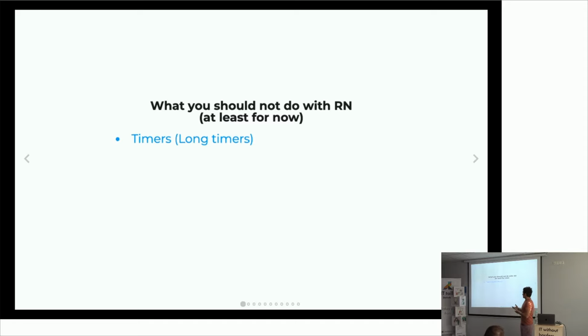And surprise, in your phone there is no browser API, and the Facebook team had to re-implement all this stuff so that you have an experience like a normal front end. And timers are one of the weaknesses. Immediately when you run a timer, even for 2 minutes, you get a warning from React Native saying that this feature is not stable, and on Android this can cause some problems.